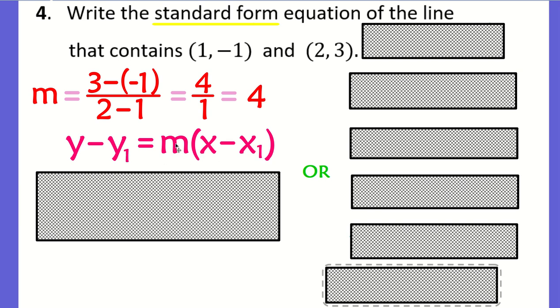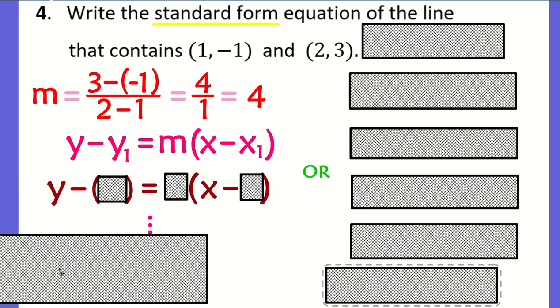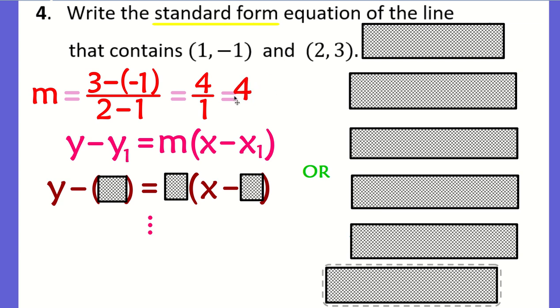and plug them into this formula. So we're obviously going to plug in 4 for m, and I am assuming I chose this over here. Maybe I didn't. Yeah, it looks like I chose this one. Now, I could have chosen this, and I wouldn't blame you because this point has no negative numbers, but